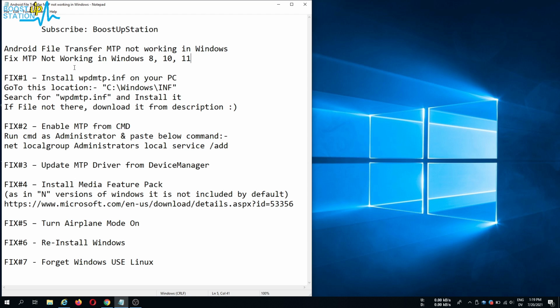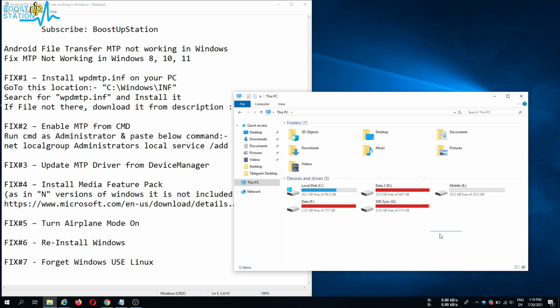So I am connecting it and it is connected. Let me turn on the USB into file transfer. So now it is turned on, and if we open the file manager, you can see we don't have anything related to the mobile device. And if we go to this arrow in the taskbar and you see this safely remove hardware, we are seeing this device here but not in this PC.